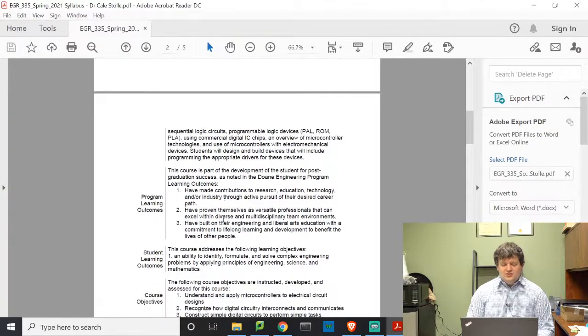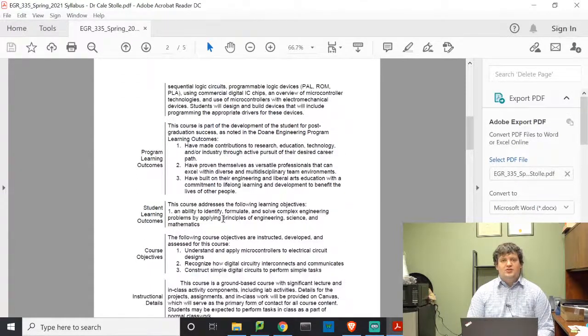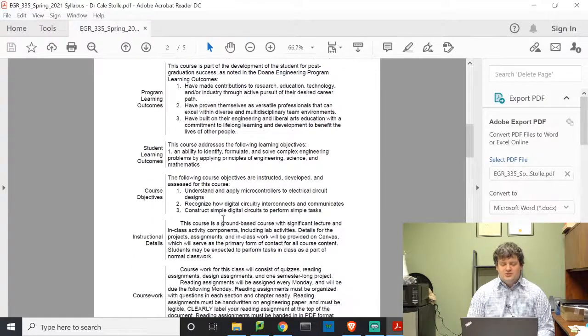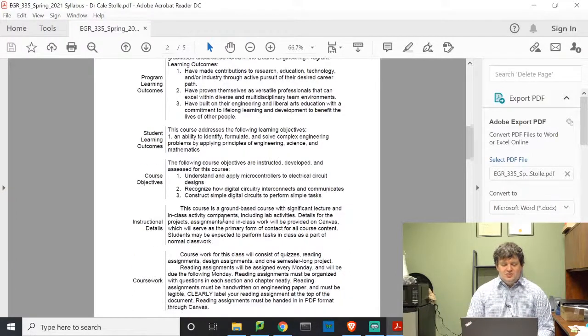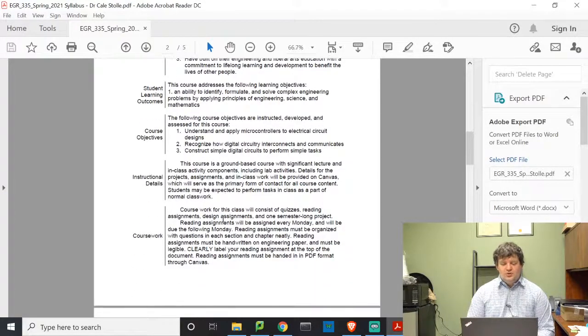Yes, we will also build some devices that involve programming microcontrollers. So the three main course objectives that I have for this class is I want to be able to understand and apply microcontrollers to electrical circuit designs. Now, one of the things that I want to do with this class is